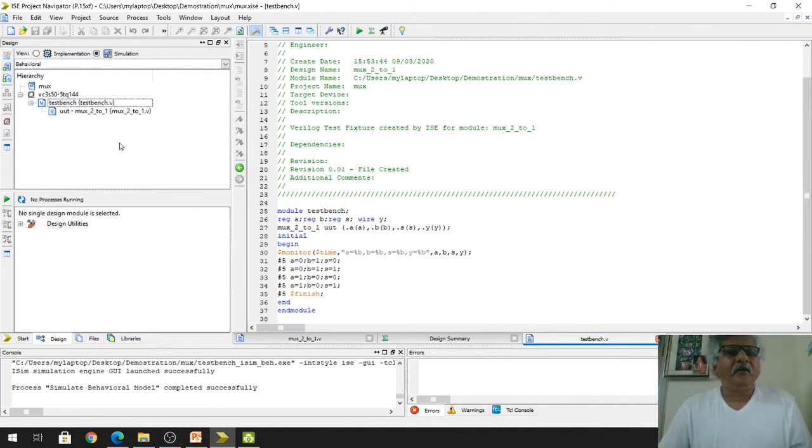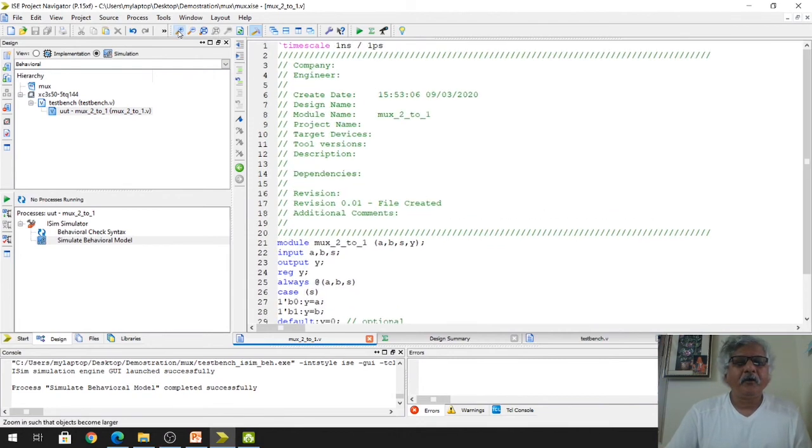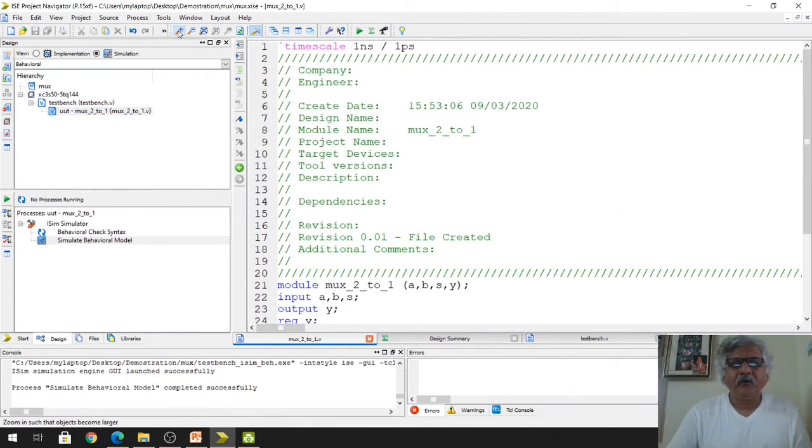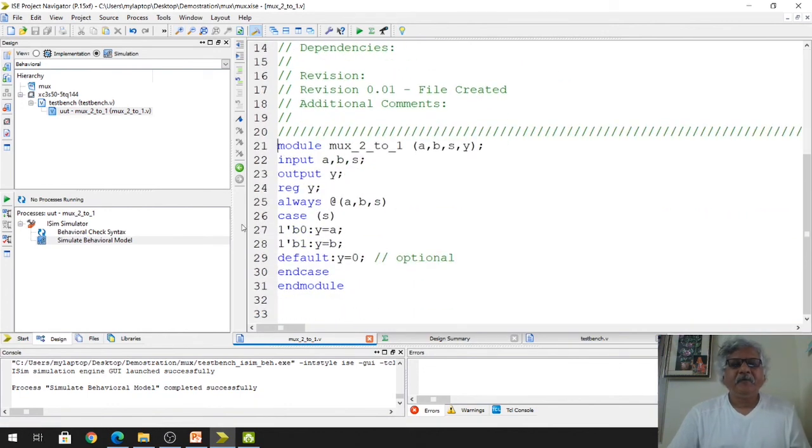Already I have written the code here. This is the code of the 2 to 1 mux, right? The same code which I discussed in the PowerPoint presentation, the same code I am using here.